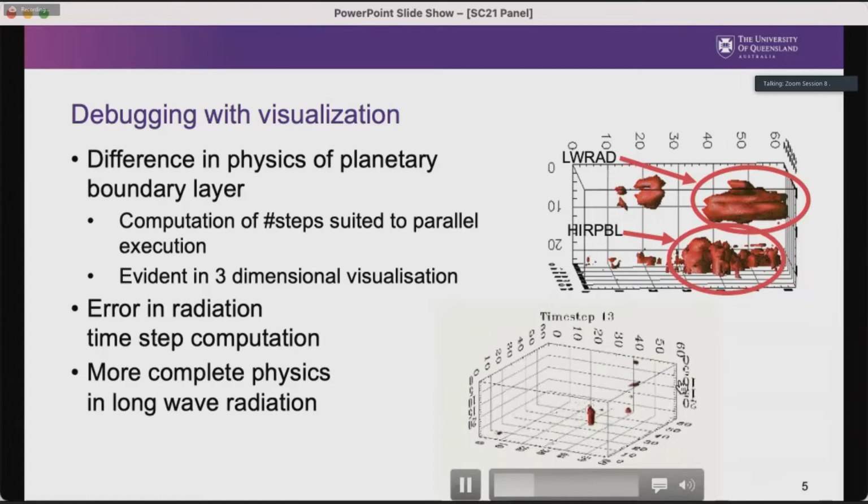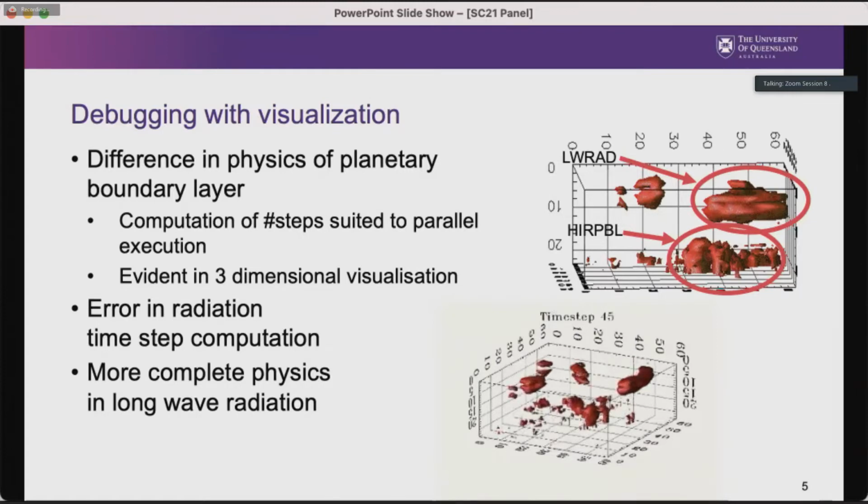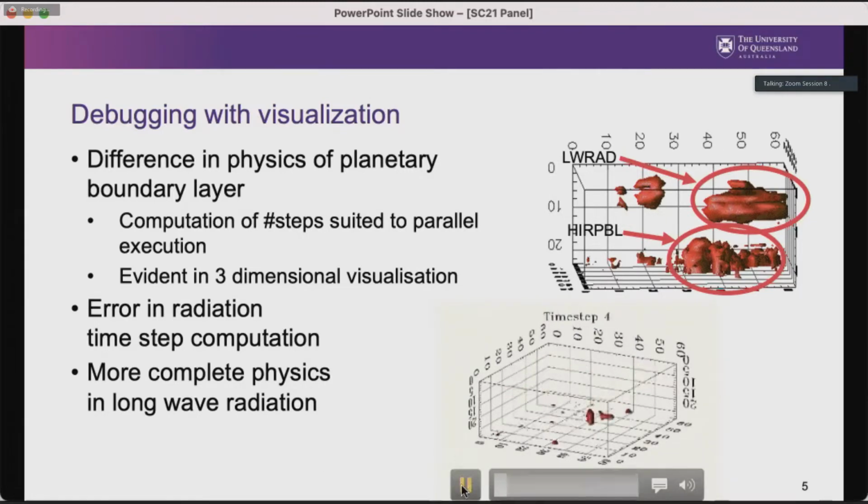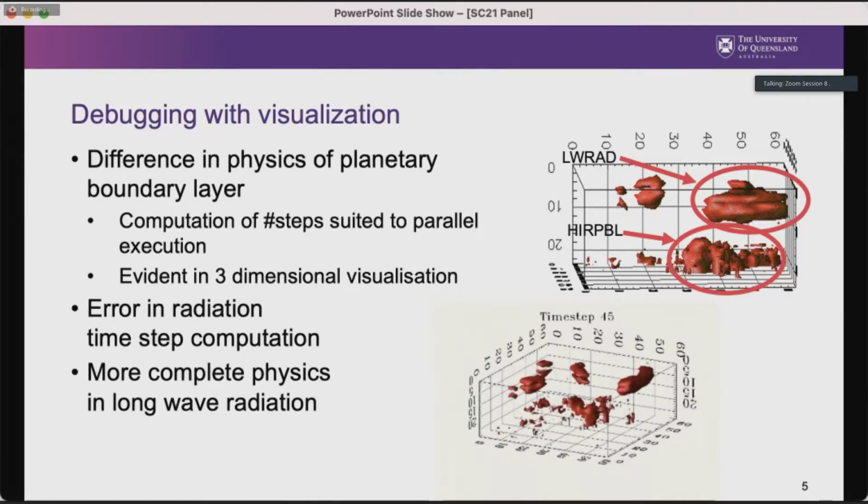There's another visualization we show down the bottom here, which is a time-varying version of that, and you can see the error actually evolving in time. And so it starts out down the bottom, and then suddenly this hot dog, we called it, was growing at the top. Now, there's no way in a time-stepping differential equation code like that, a finite difference code, that you can get from the bottom of the atmosphere to the top in one time step. So his conjecture was that you have two different errors evolving in time, and they're not actually related.